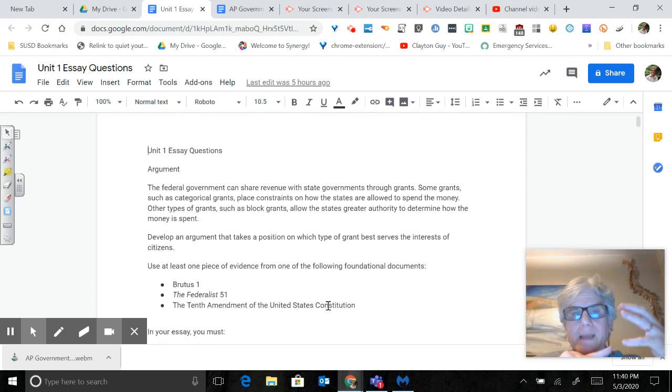And make sure to tie every piece of evidence to the prompt and tie every piece of evidence to the thesis. And then the others, please just explain, give examples, explain and give examples, explain and give examples. Don't just define something, give example. Even if it says federalism, describe it, explain it, do it. Give a little bit more than just one sentence.